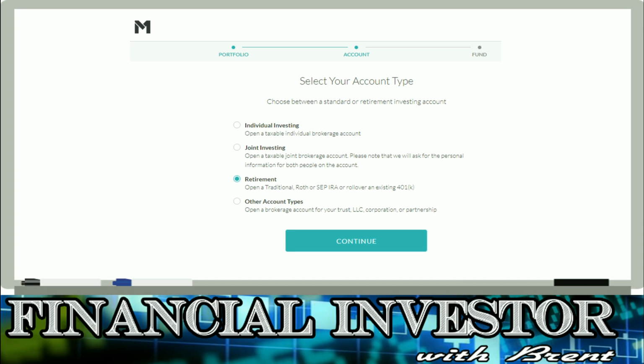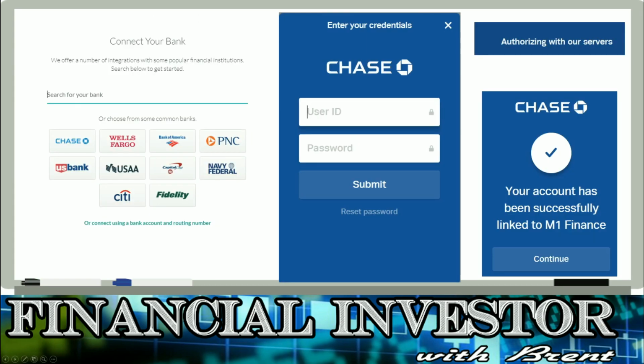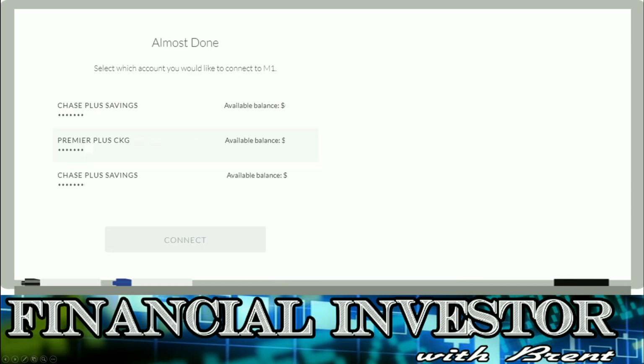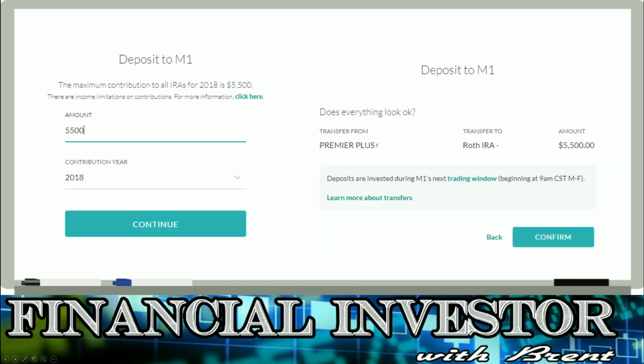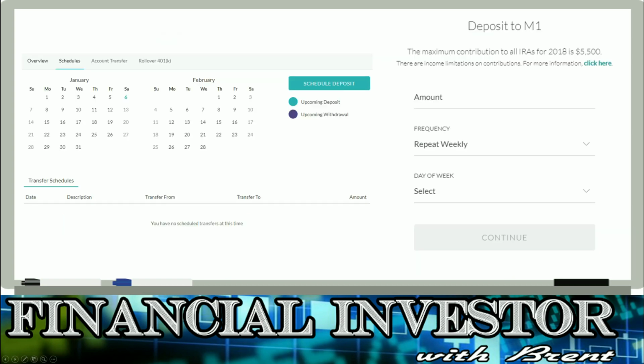I will let you guys decide what is the best account type for you to begin investing, and of course we've already covered how to fund your account. You just basically link up your account, choose the account, and add how much you'd like to invest, your contributions. Then once you've actually contributed a little bit, it doesn't have to be the full amount, you can set up your own schedule here. So you can go over to your schedules, schedule a deposit, just put $2,500,